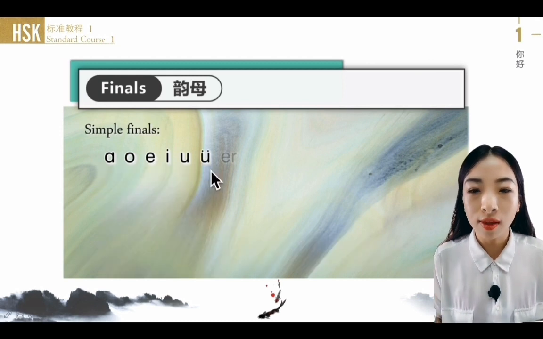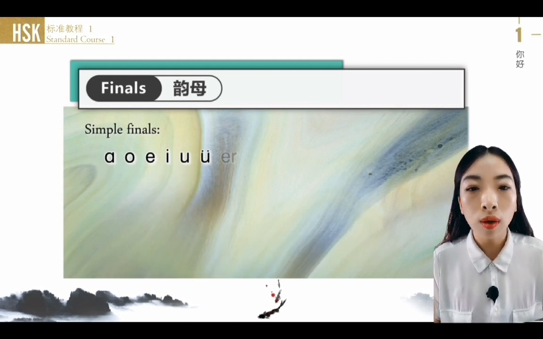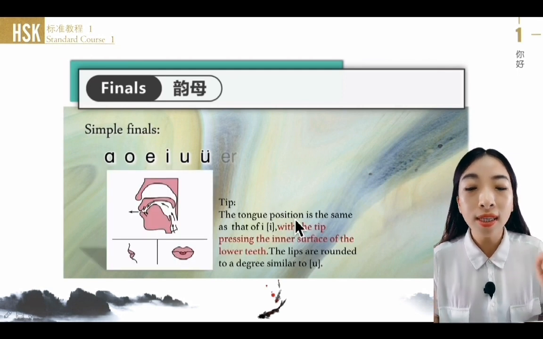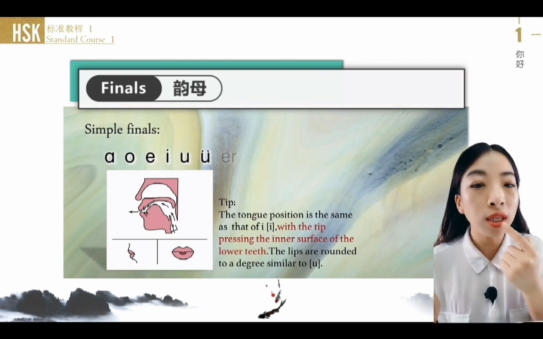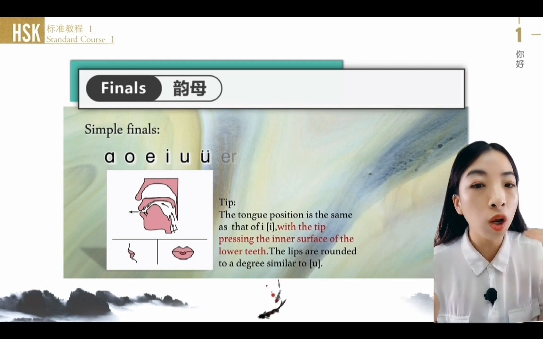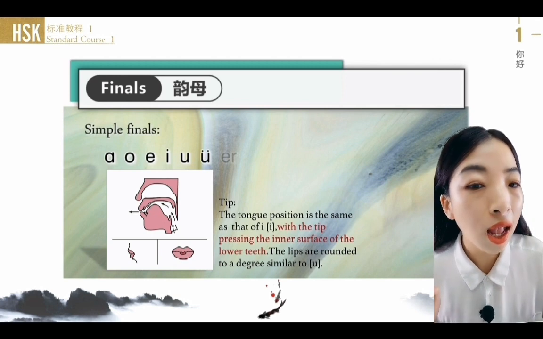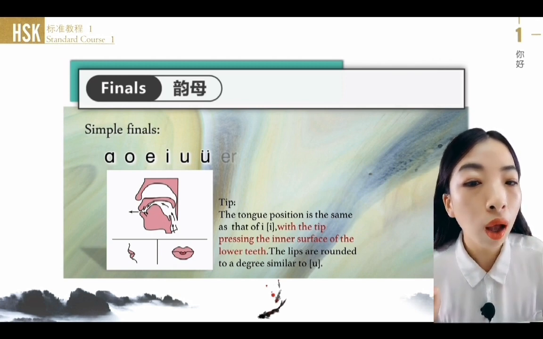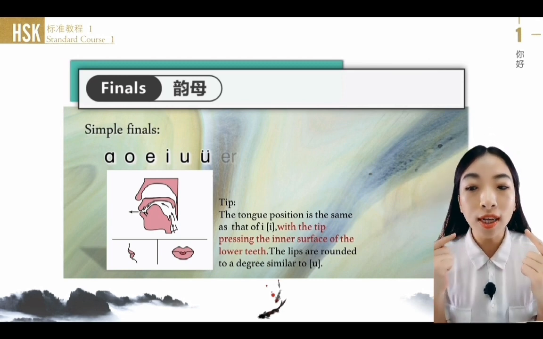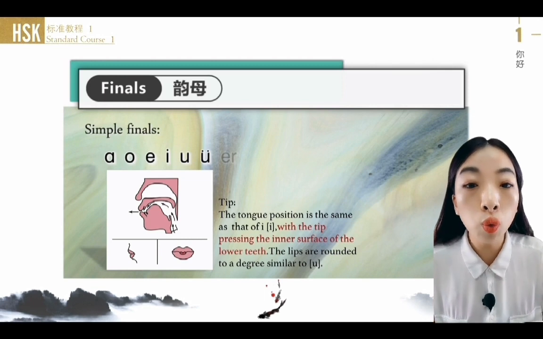Next. The tongue position is the same as that of E, with the tip pressing the inner surface of the lower teeth. The lips are rounded to a degree similar to